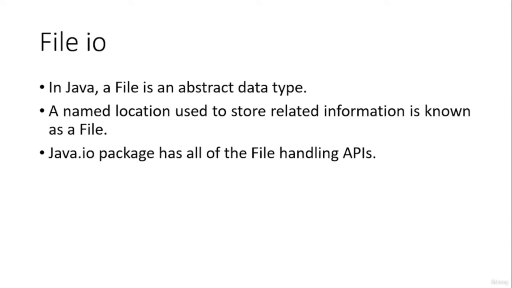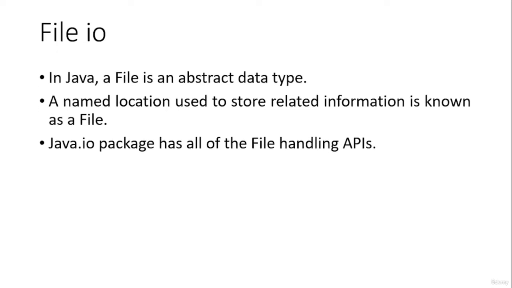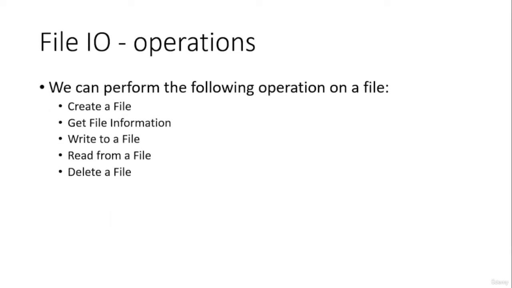So first thing to understand is what is a file. A file consists of data and it can be of a particular format, a text file or a txt file. Any kind of files can be considered to be files in Java. A file is handled like a data structure in Java. And another thing to note about the file API is that all the API methods, interfaces and classes are present in the java.io package.